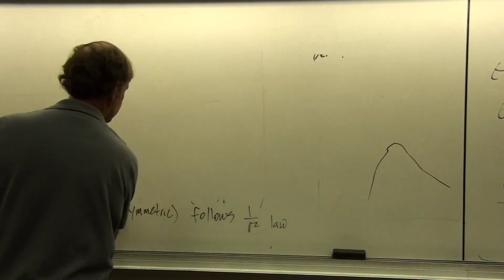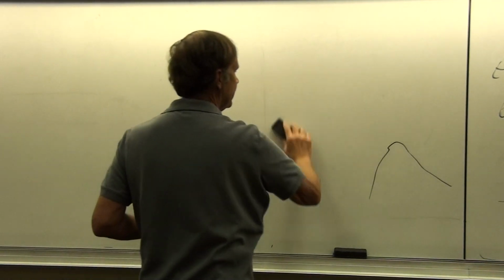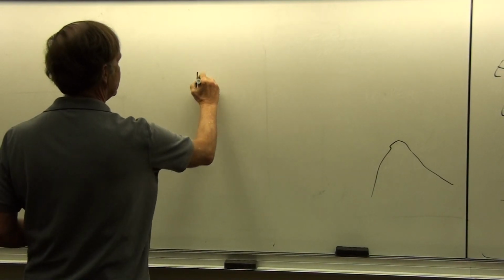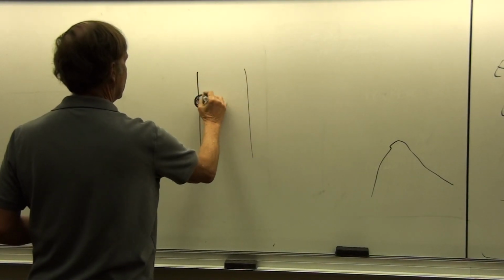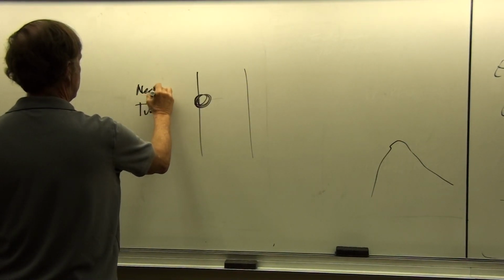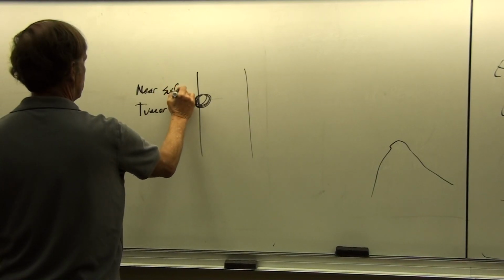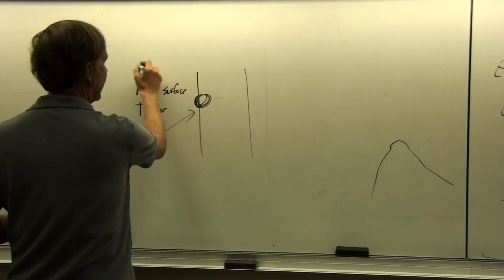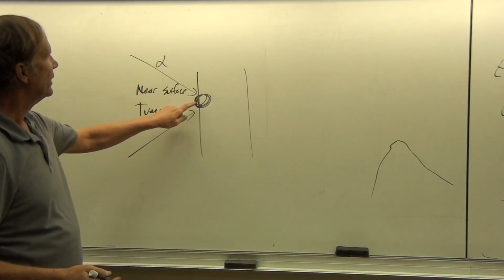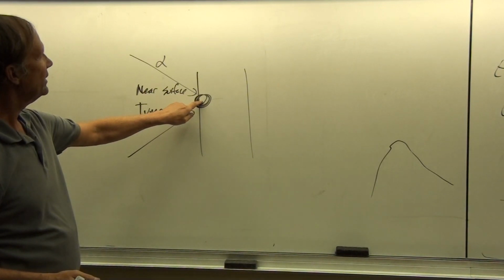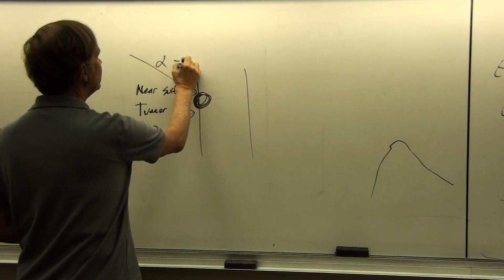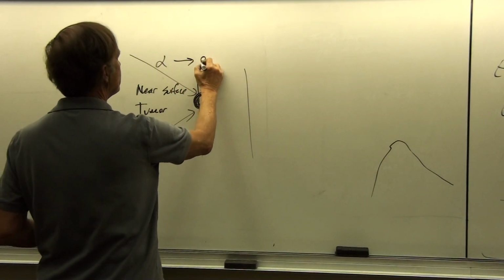Now this can be used to our advantage if we are treating certain types of tumors. Let's say you have a near surface tumor. Then you might want to blast it with alpha particles, okay? Because the alpha particles are going to do a lot of damage to this area, but they don't penetrate very far. The penetration depth is small.